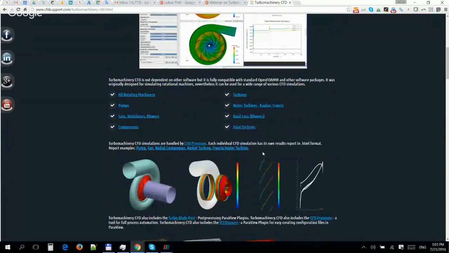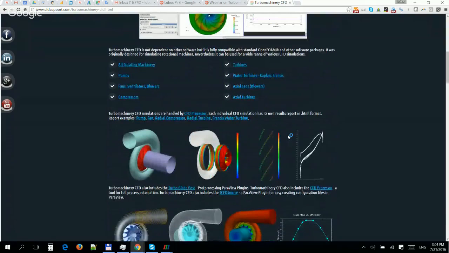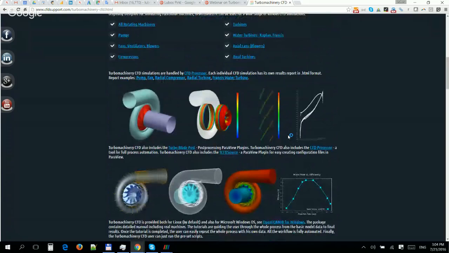Let me give a quick review of its unique value proposition. We believe that Turbomachinery CFD is unique for a couple of reasons. Number one is that Turbomachinery CFD has no licensing policy, which means our clients can keep Turbomachinery CFD forever, and they can use it for an unlimited number of users, jobs, or cores. It's fully unlimited. Number two is that Turbomachinery CFD is fully automated, which means the workflow can be run by a single command or a single click